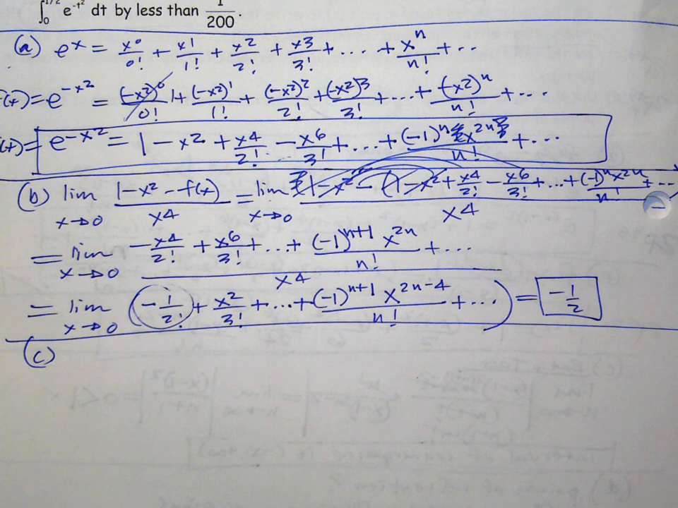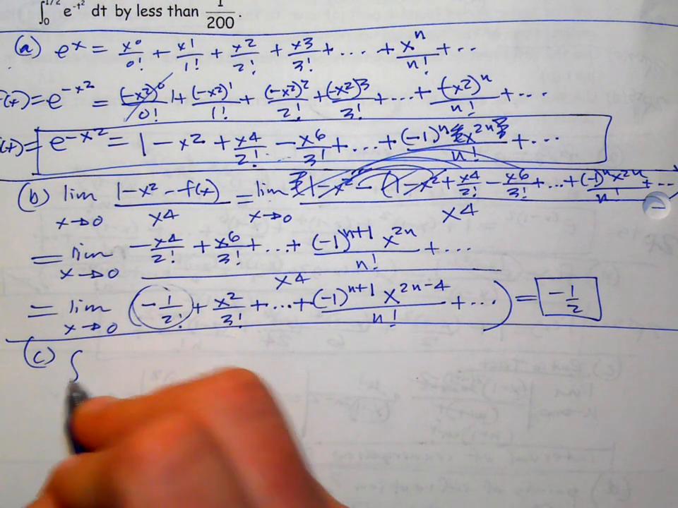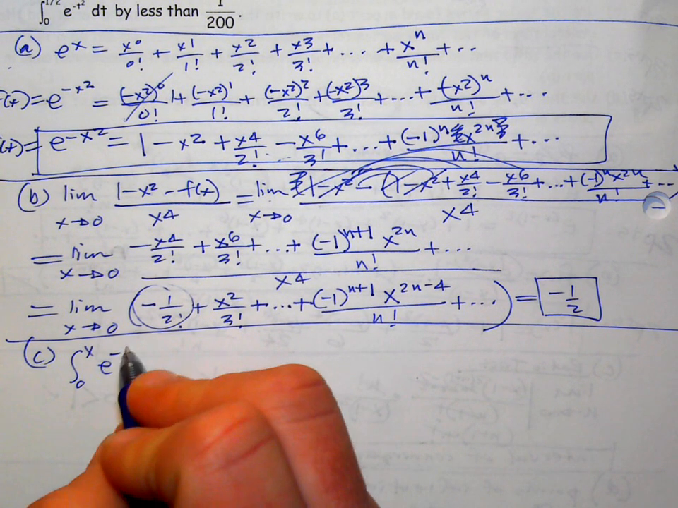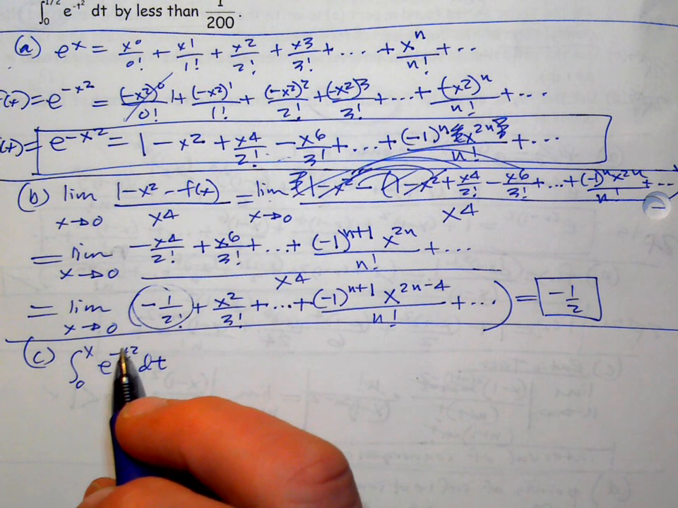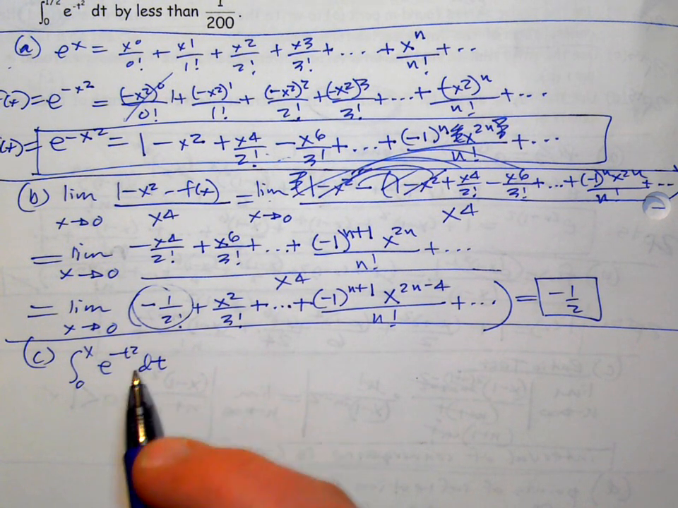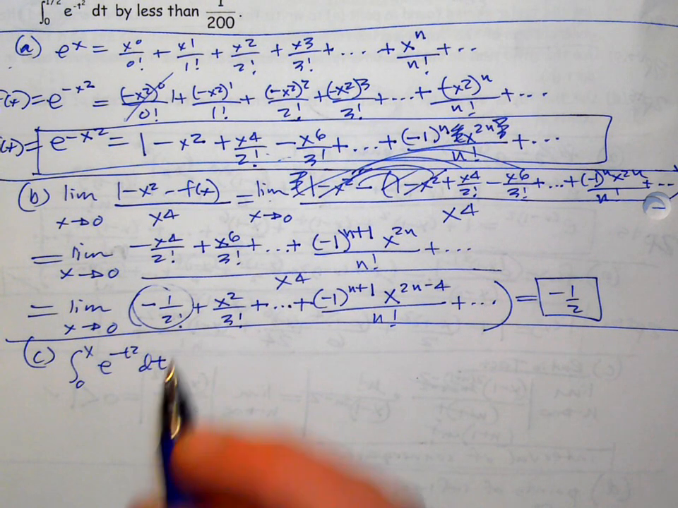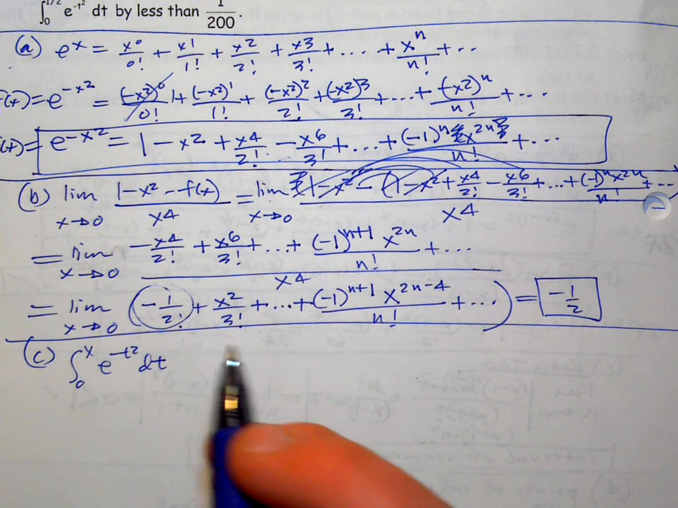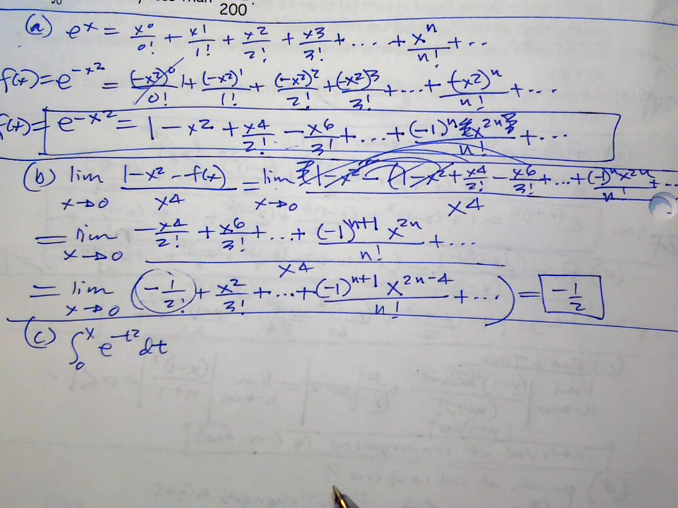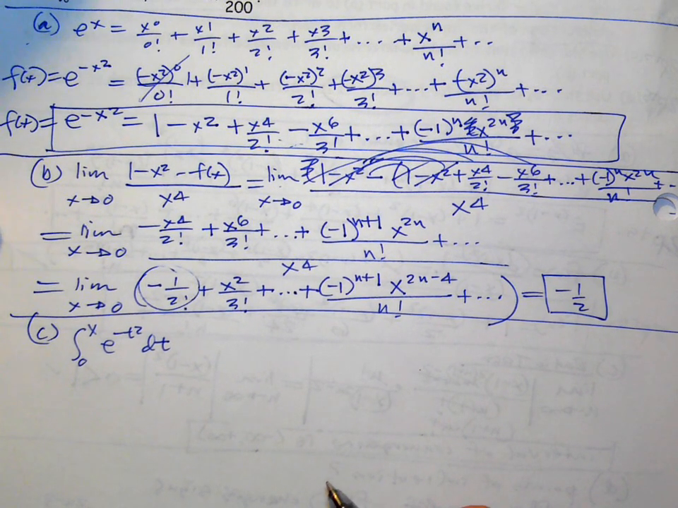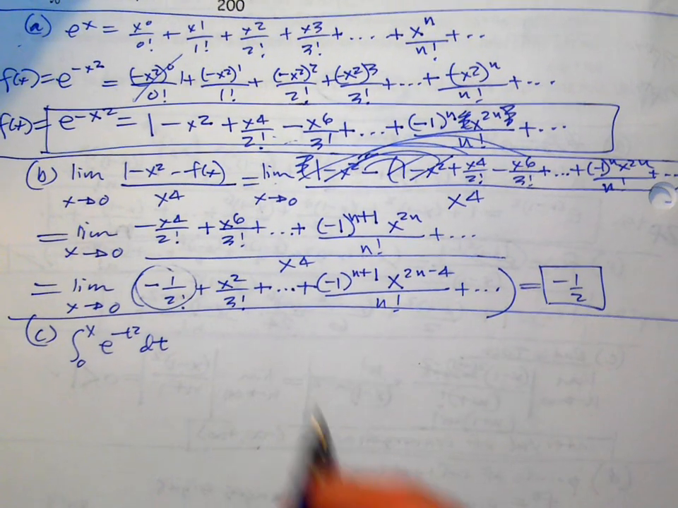Part C says, write the first 4 non-zero terms of the Taylor series of the integral from 0 to x of e to the negative t squared dt about x equals 0. Use the first 2 terms of your answer to estimate the integral from 0 to 1/2. So first 2 terms. We often use series to estimate functions. And it says if you use the first 2 terms, whatever order it is, first 2 non-zero terms. So